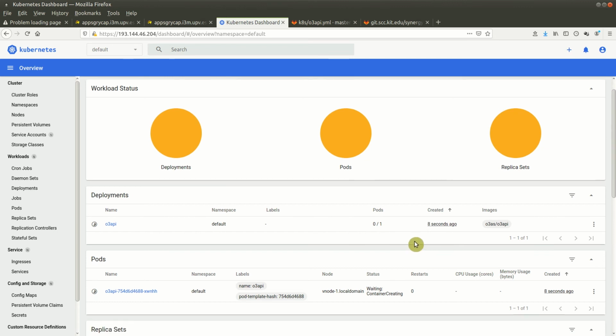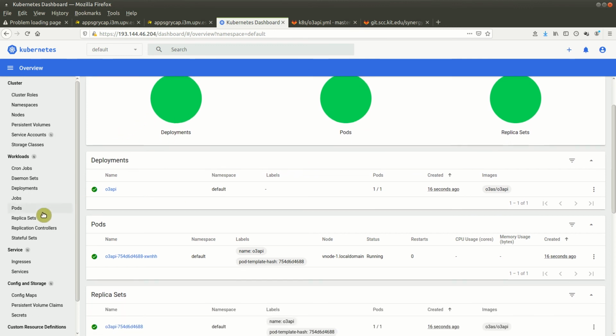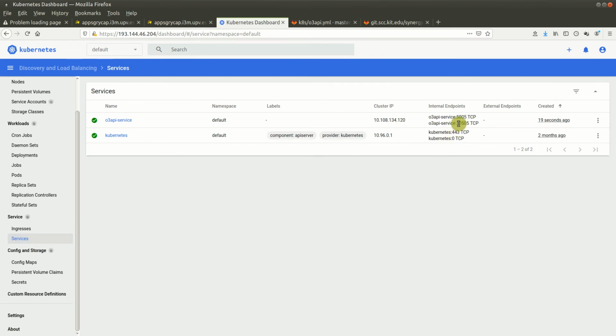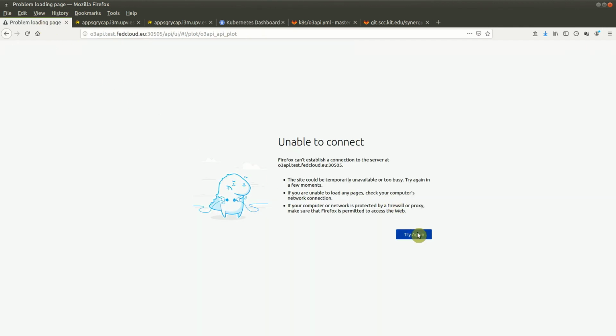That takes about 20 seconds, and once this is deployed, we can check that the service runs on the port. That's how it is configured, on port 30500, and once this is deployed we can then access the service.